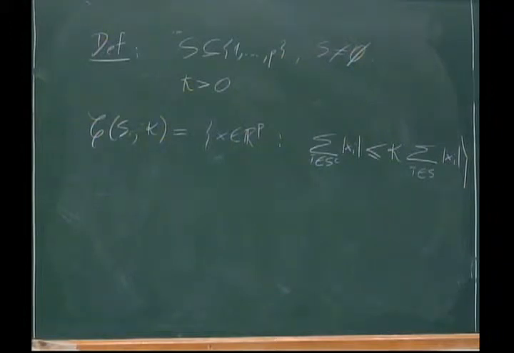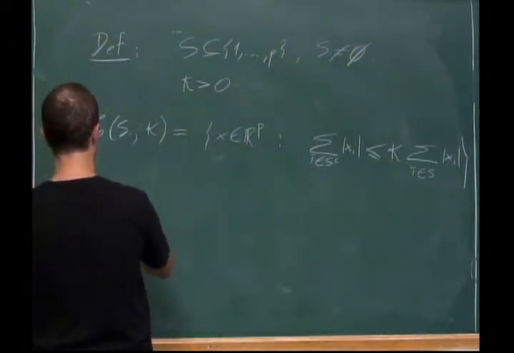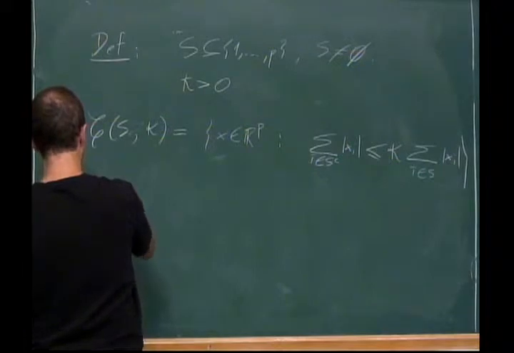Why am I defining this? Well, it will become clear soon. But let me give you a very brief reason why this is a set of vectors that are sort of like sparse vectors. And since we cared about sparse vectors, this set should matter to us. So in general,